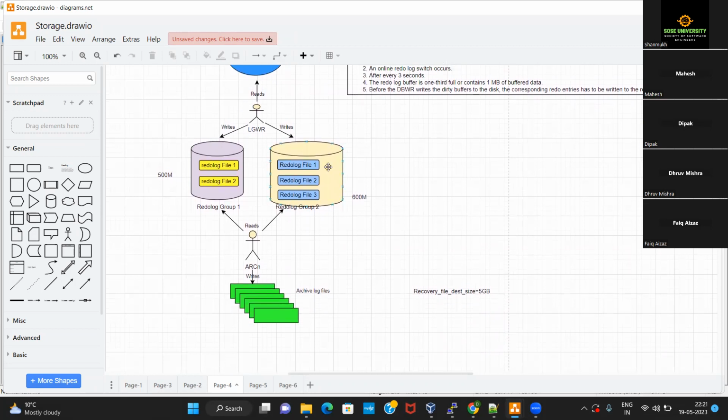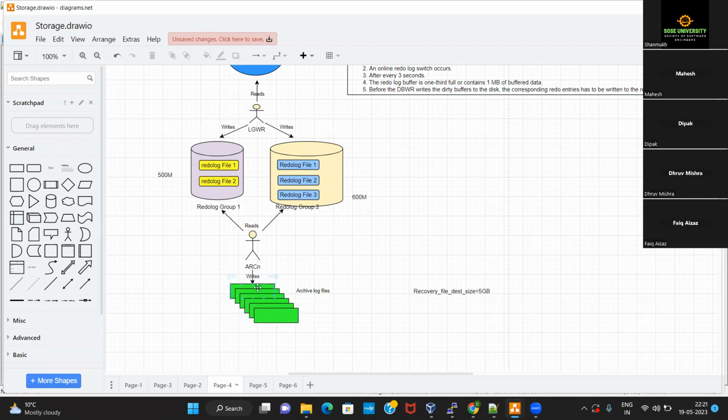And then we have also seen the use or functionality of the archiver background process. Because Oracle uses these redo log groups or redo log files in a cyclic manner, before these redo entries get overwritten, they should be copied onto something called the archive log files.